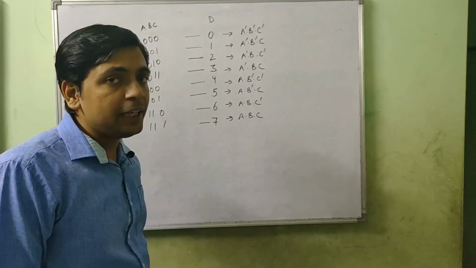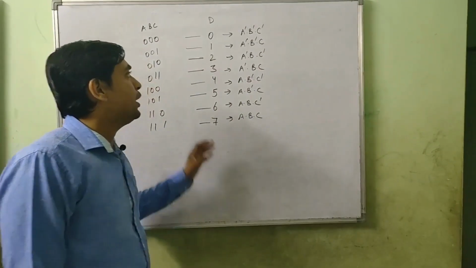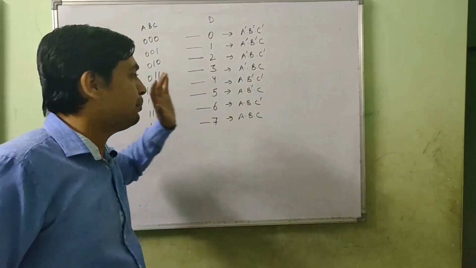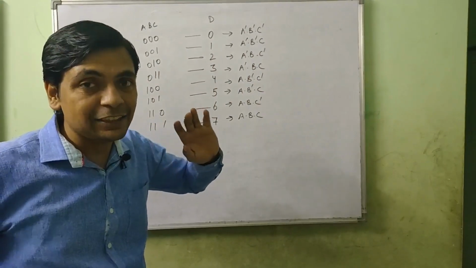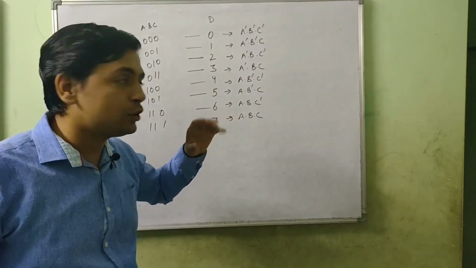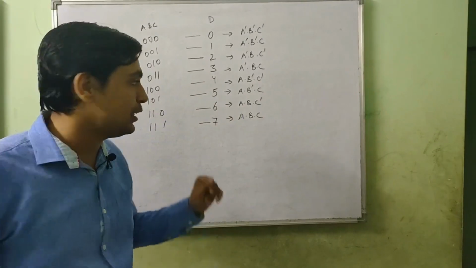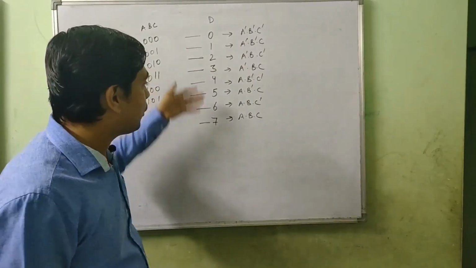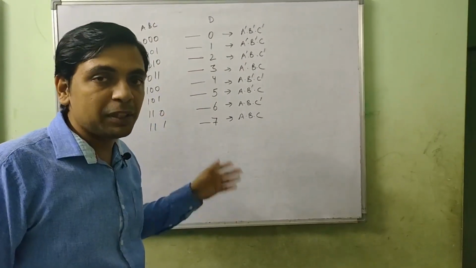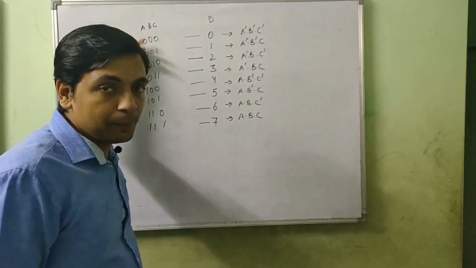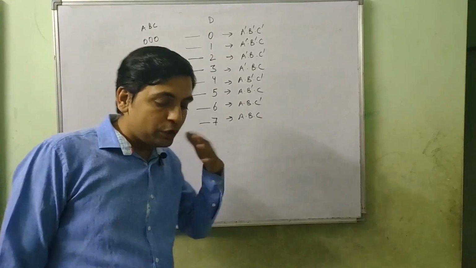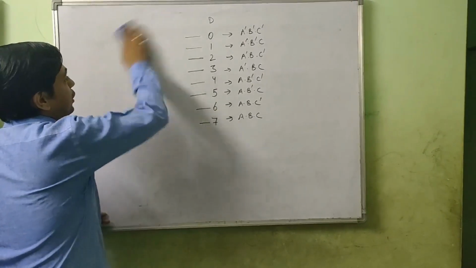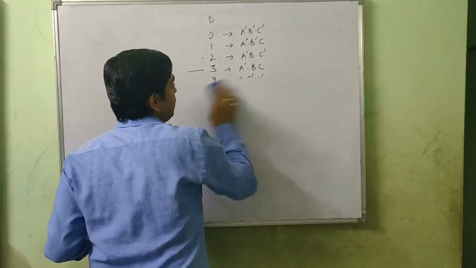All these gates will be NAND gates. Okay, so for representing these, my mistake, all these gates will be AND gates, though you can do it with NAND gates also, but all these gates will be AND gates, and we will get one output. There are 8 different outputs, but we will get one output at a time depending upon the input values. So let's create the combinational circuit for the decoder.